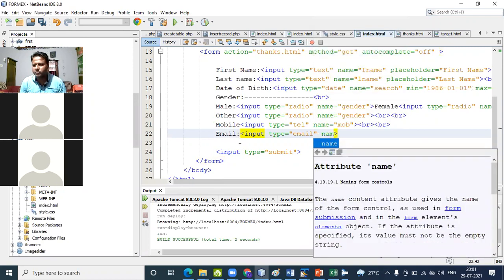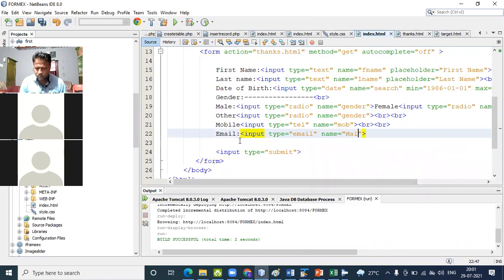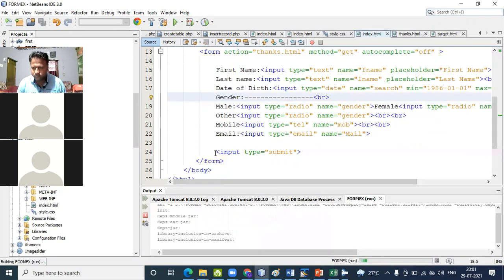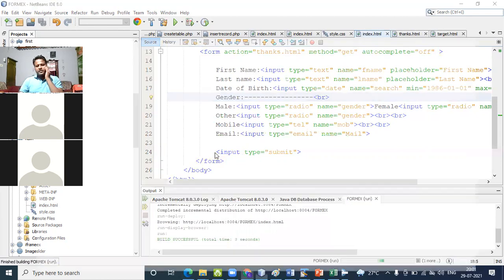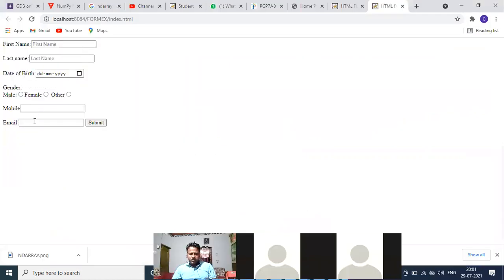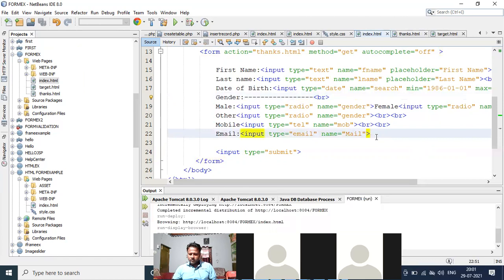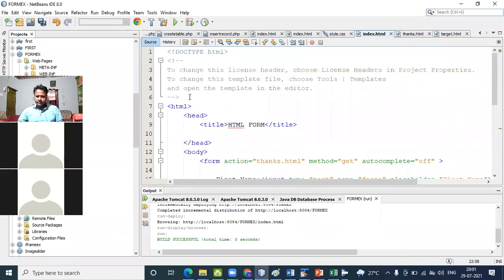So name is equals to mail. Okay. So in the next class, I will cover all the parts. "Please enter at the right symbol." Okay, validation is required. Okay, so in the next class I will cover other parts of the form tag. Then I will start JavaScript fully.